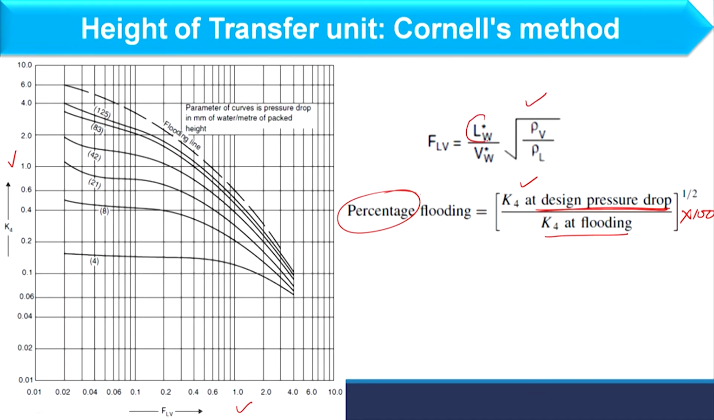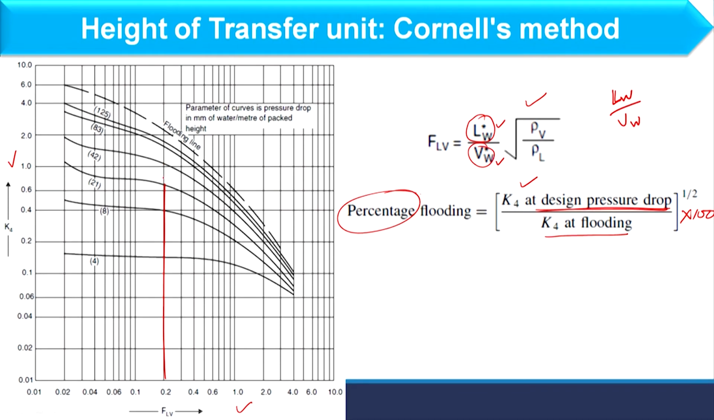So, here I am having LW star and VW star, that is the liquid flow rate per unit cross sectional area and vapor flow rate per unit cross sectional area. Here I am considering per unit cross sectional area in both, so that should be cancelled out. So, it can be replaced with LW by VW, simply the mass flow rate of liquid as well as gas phases, right. So, once you have the FLV value, let us say your FLV value is falling over here, you will be